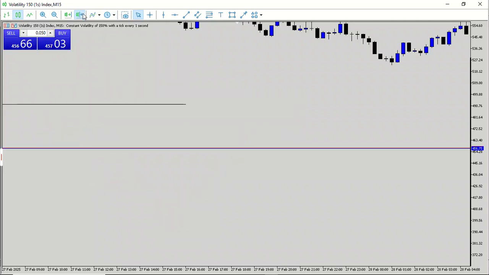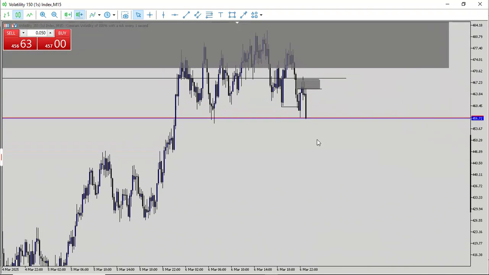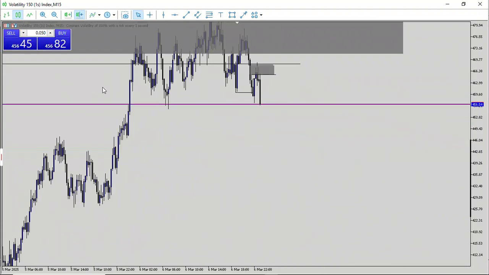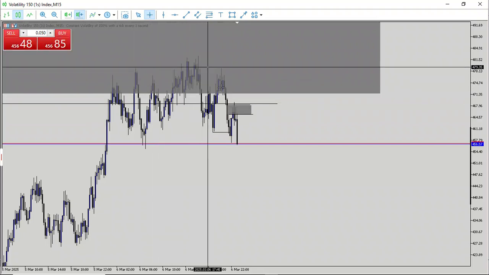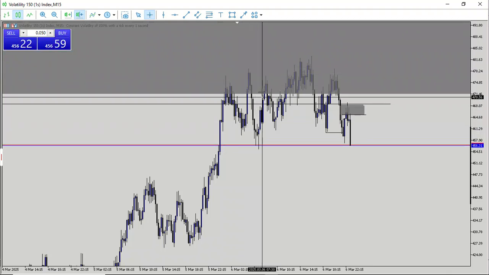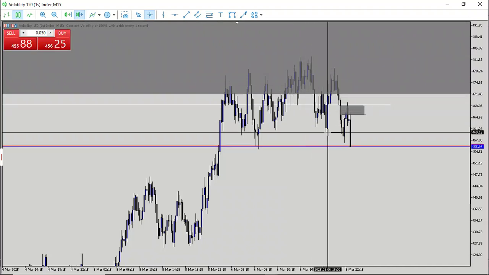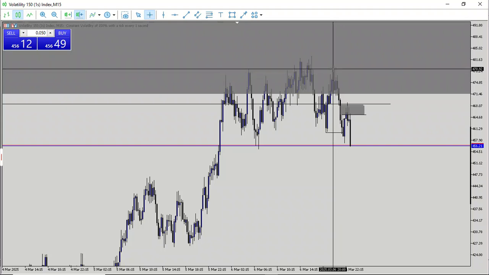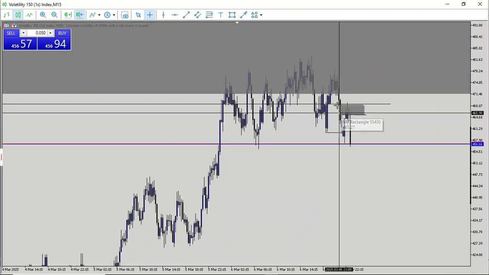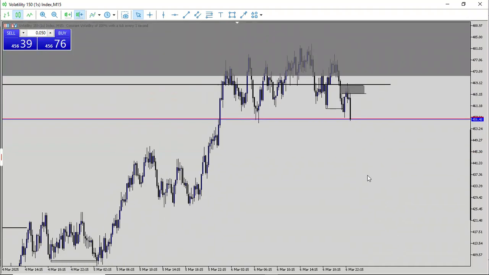So if I run down to the 15 minutes, you see the reason why I used that fair value gap. It is seen from the 15 minutes. Now we took the high, the buy stop, and what we have right here is a distribution phase occurring right here. Now, if you pay attention, we have this high, we have this low, we have this high. All this is being choppy, choppy, choppy, choppy, and we have this high, we have this low, then we have that failed high. Now, after the failed high is given, we trade lower, we have a liquidity sweep right here. And the interesting part is that it left behind an inefficiency that is a fair value gap.